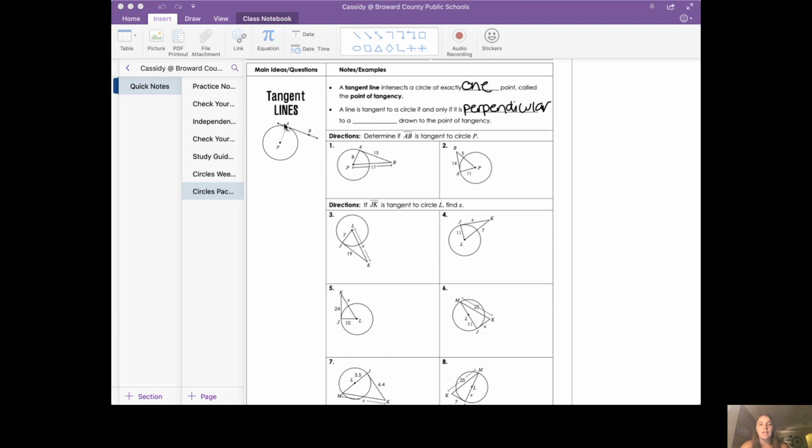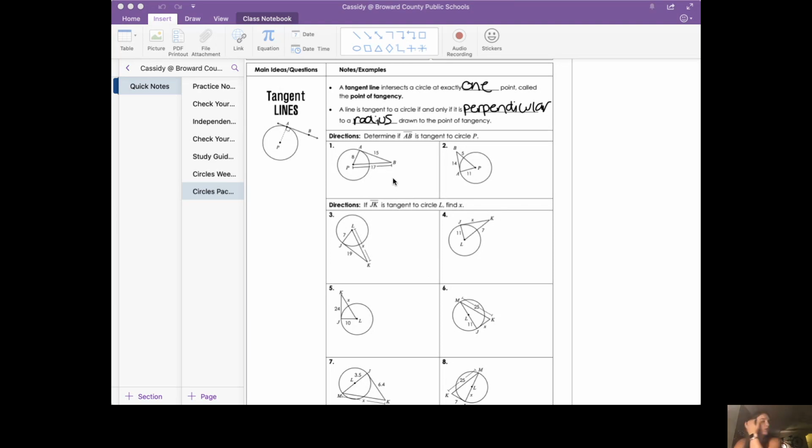We know that this line AB is perpendicular to radius AP, because there's that 90-degree angle there, okay, to a radius. All right, so anytime we see 90-degree angles, you might want to think that triangles are going to come up,